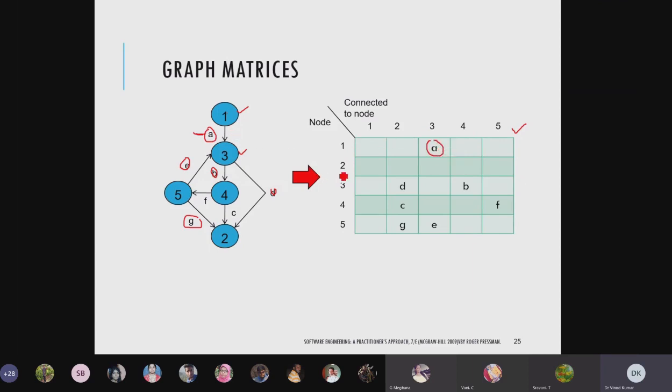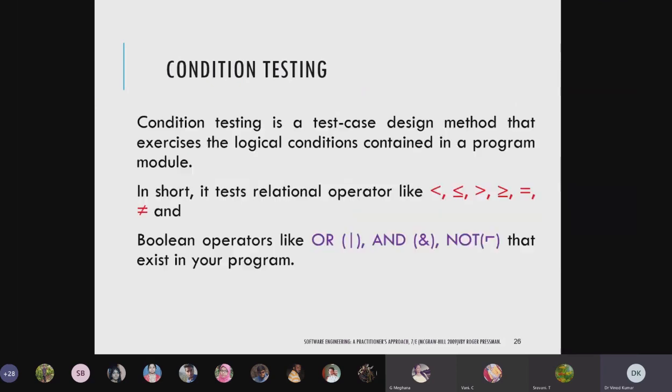Next, do you have the connection from 1 to 1? It is the same node. Next you can see 3 to 2. We have the 3 and 2, and we have the weight for it. So like this you will come up with one matrix, and based on this matrix you can do the calculations also.